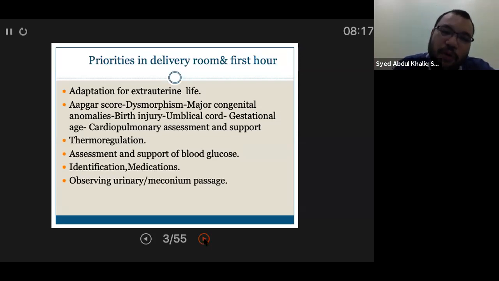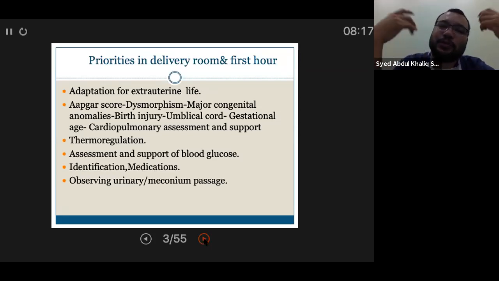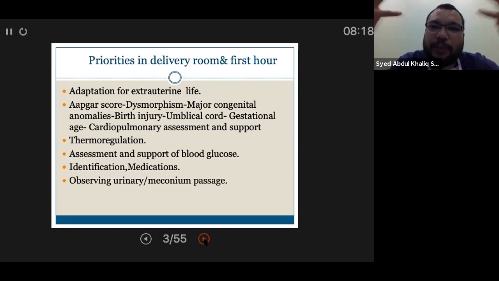So these are the things that you need to look for. You assess for Apgar score. You look for any dysmorphism. But in a newborn at the first hour of life, the first day of life actually, dysmorphism is not that easy to appreciate. Because why? Because in utero, the baby is well fed, well nourished from mother, and then usually in the first 24 hours of life they are a bit edematous, their skin is a bit friable, the whole body is edematous.